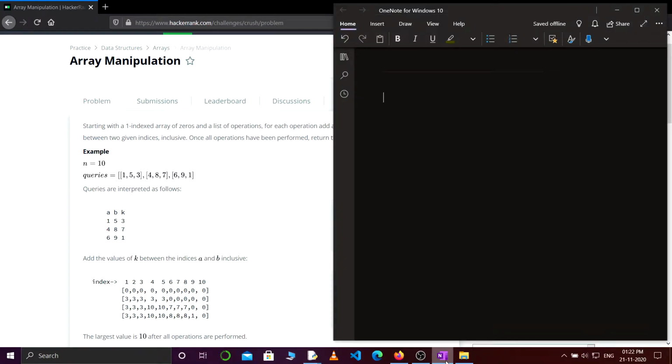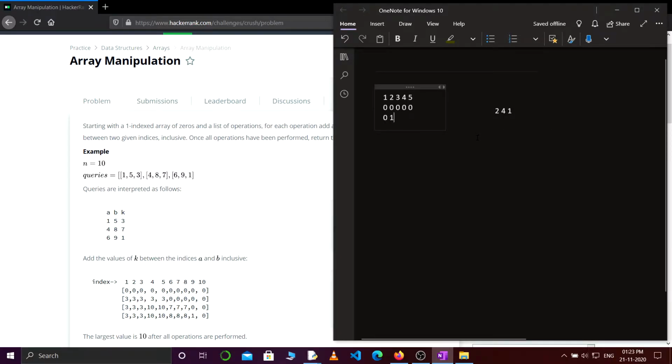So let's say the length of an array is 5, and initially all the elements were 0, right? And let's say the query is from index 2 to index 4 we have to add 1. Okay, so what I am going to do, I will add 1 at index 2. Okay, so at index 2 I have added 1, and at index 4 plus 1. Okay, I'm not saying 4, I'm saying 4 plus 1.